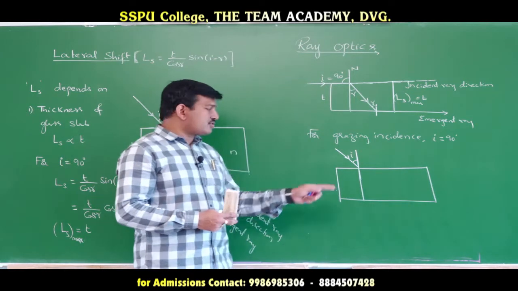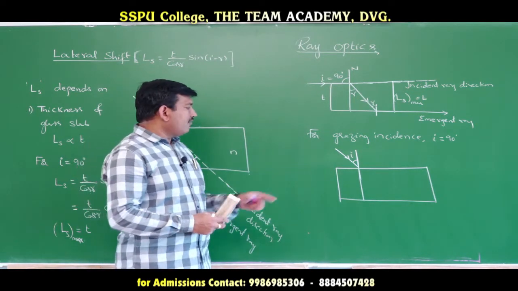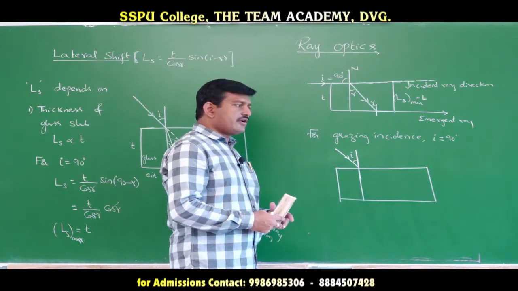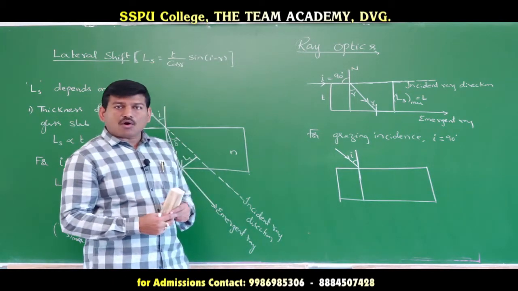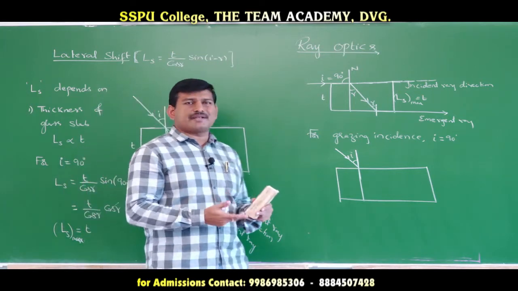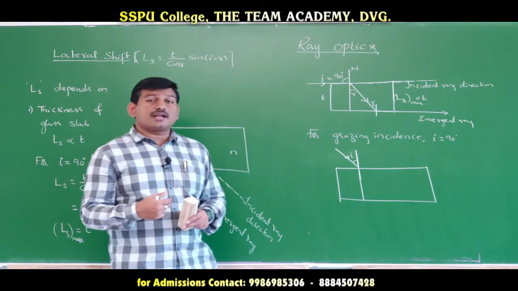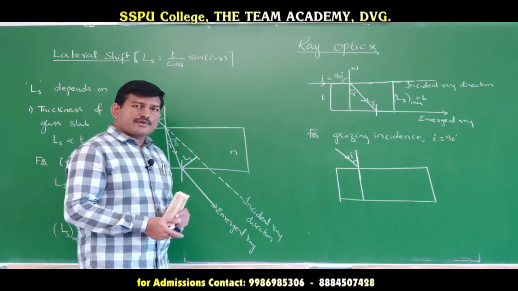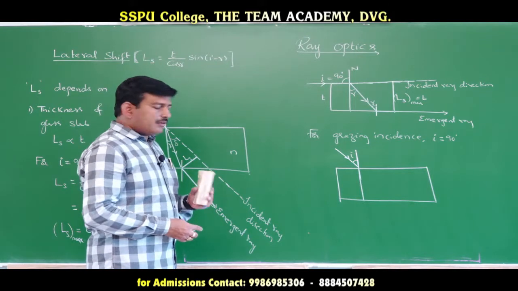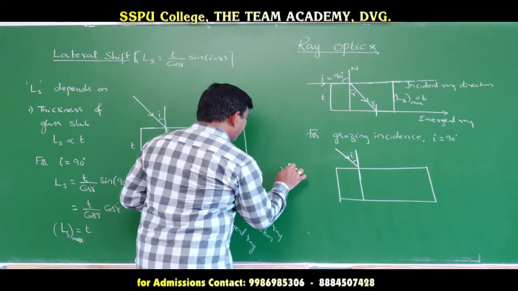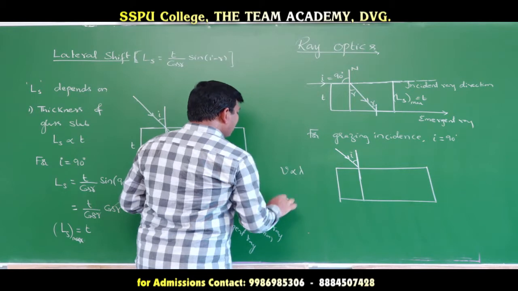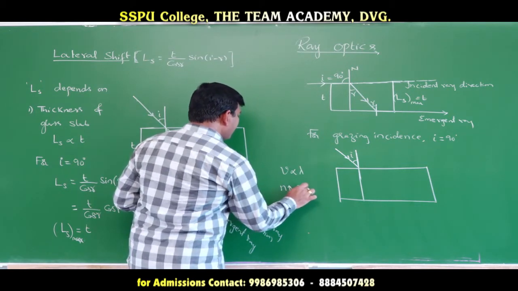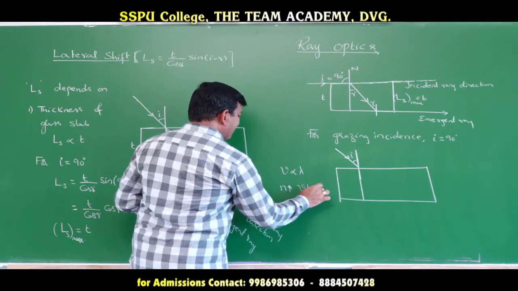For a particular angle of incidence, the white light is getting divided into 7 colors. And we know that all colors cannot travel with the same speed in the glass medium. Which color travels faster in a medium other than air or vacuum? Red color. Yes or no? The more the wavelength, the more the speed. We have discussed in the previous class, v is proportional to lambda, and as n is more, v is less, and lambda is less.